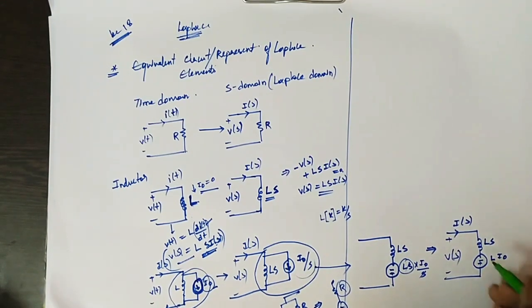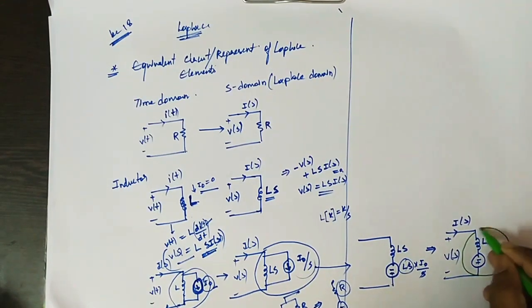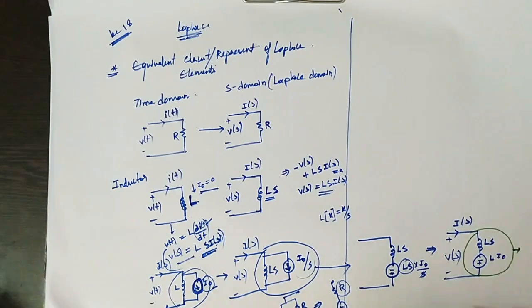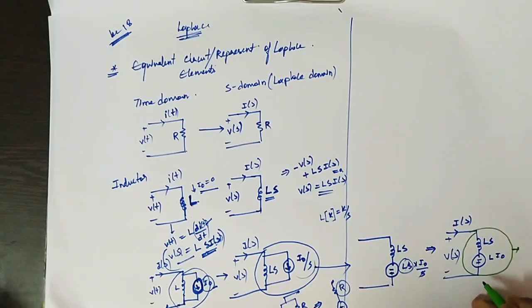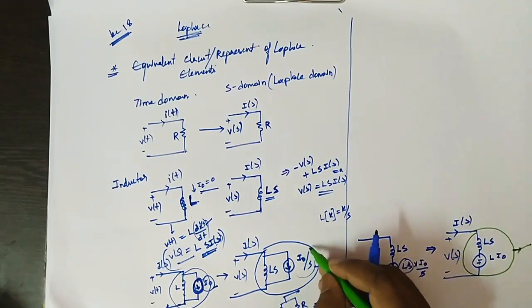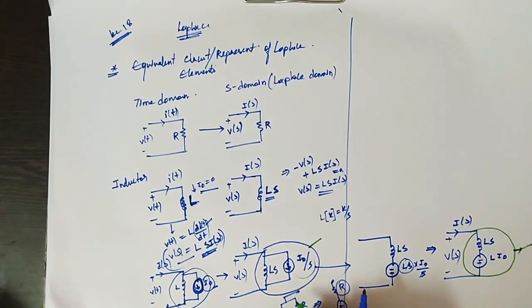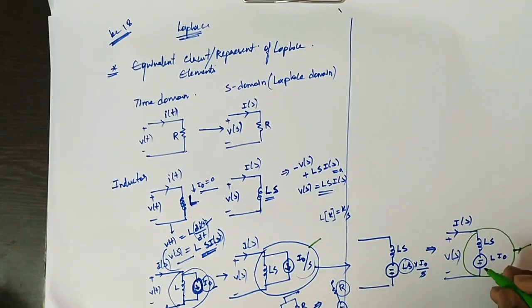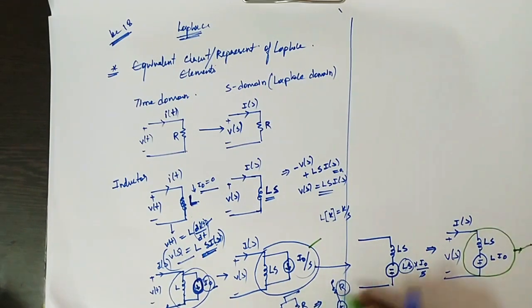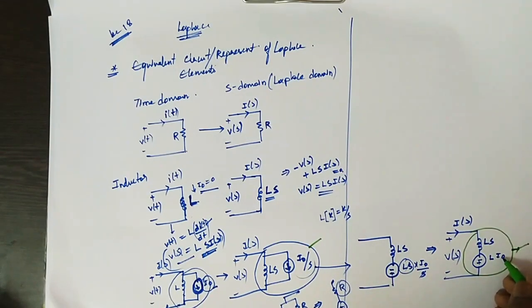Okay. So in any form, if someone asks you to represent an inductor in S domain having internal resistance, you need to represent it in this form. You may get 2 marks and 1 mark bits where they will directly ask what is the S domain representation of an inductor having internal current, meaning initial current. You need to represent it like this.